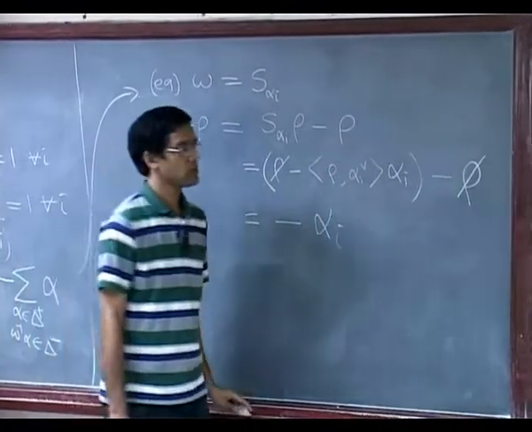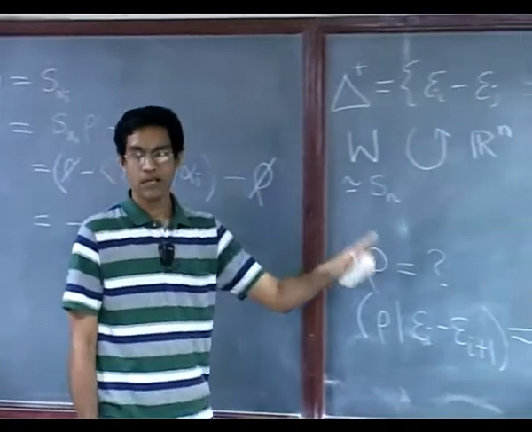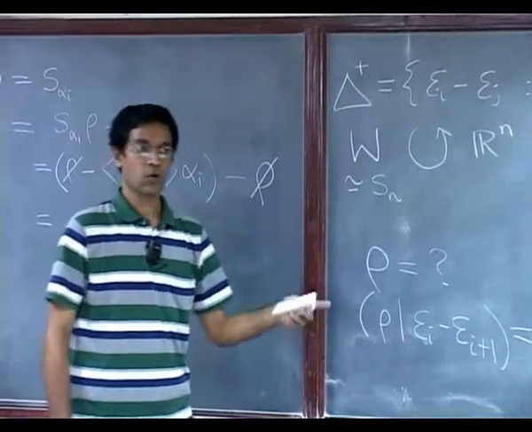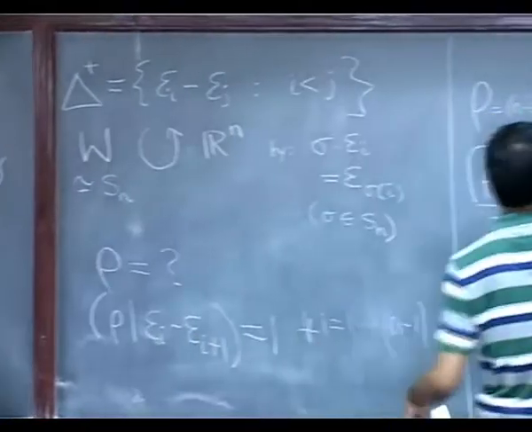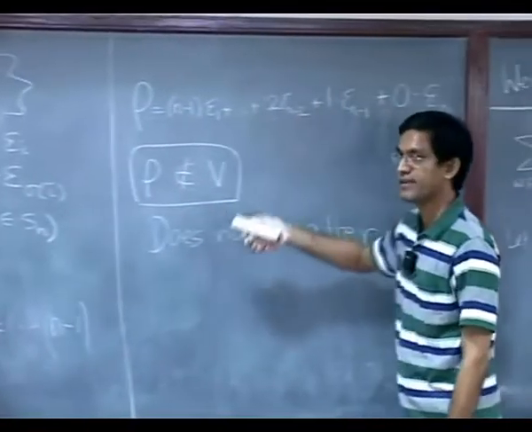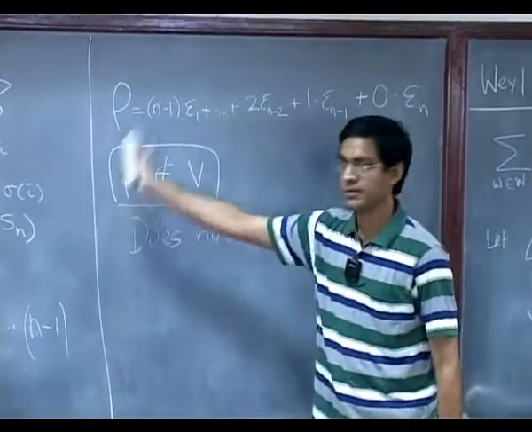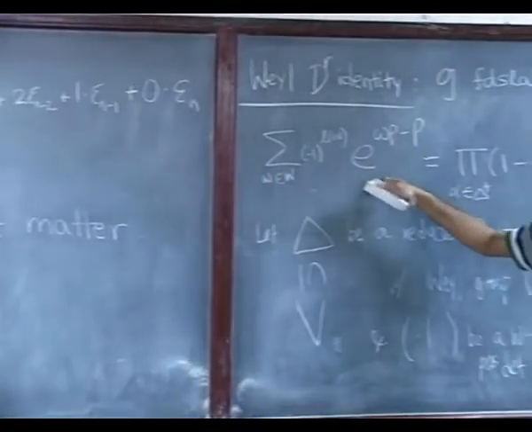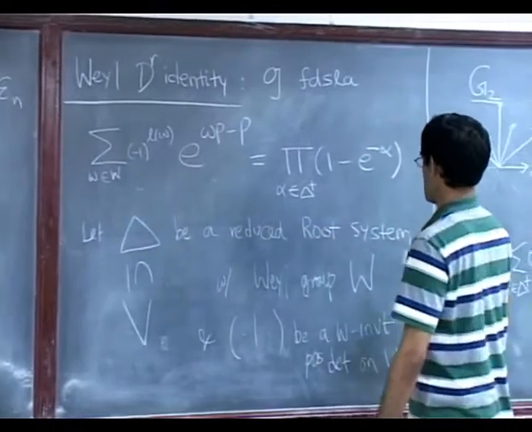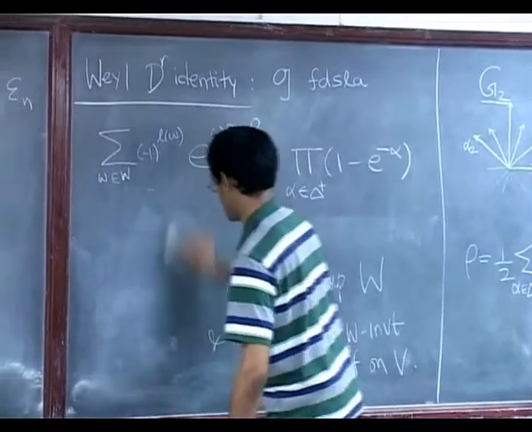The other key observation is that W rho minus rho is the key thing which enters the formula, not rho itself. So we have one candidate for rho, and this will turn out to be a convenient candidate. We have just said it doesn't matter what candidate you choose, the left hand side of the formula will be the same. So let's apply this.